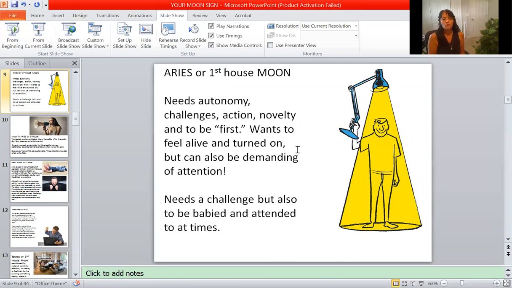So the Aries moon or first house needs autonomy, challenges, action, novelty, and to be first. Wants to feel alive and turned on, but can also be demanding of attention. Look at me. Needs a challenge, but also needs to be babied and tended to at times.